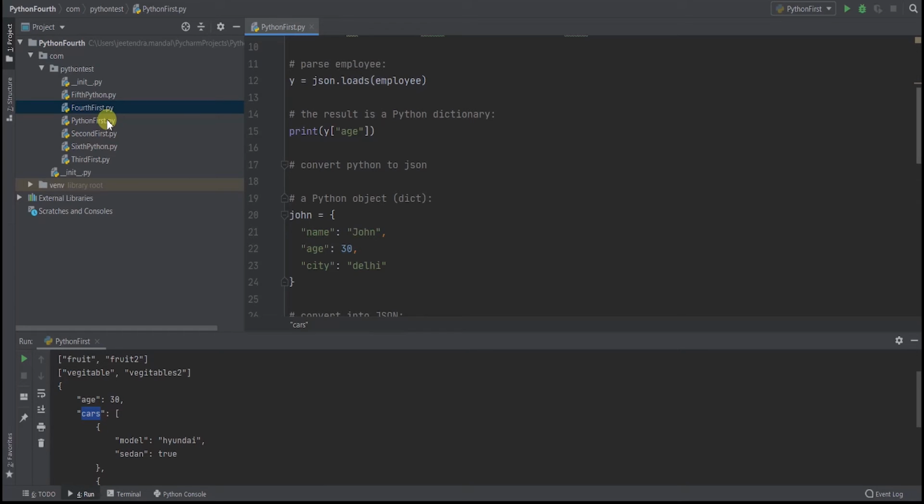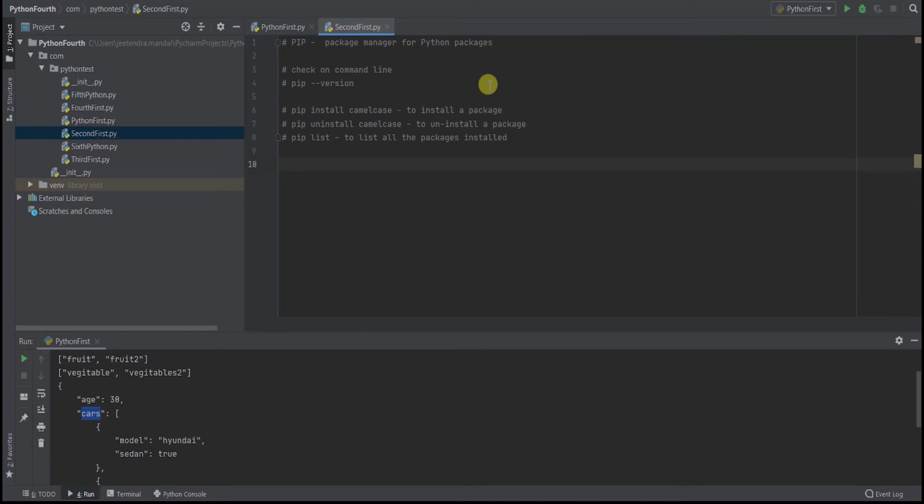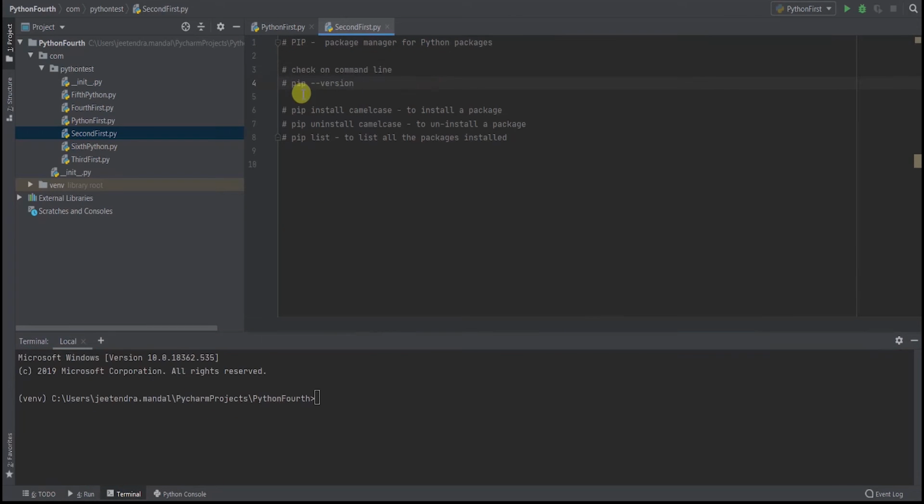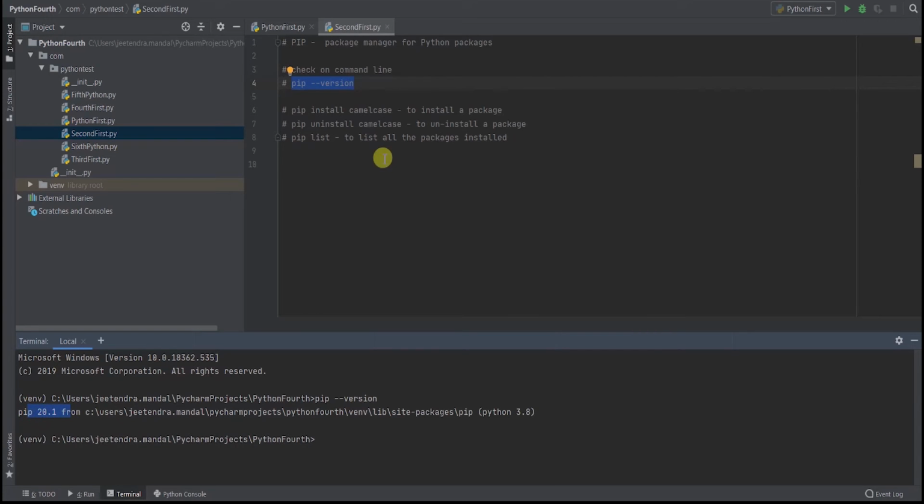Now we'll go to the next thing to learn, that is pip. Pip is a very important package manager. Like in Java we have Maven, in Node it is npm. Similarly we have pip. Pip runs on the terminal that you have. If you install Python version 3.7 and above, pip comes inbuilt. If I do pip version, it will print the current pip version. If you want to install any package, or uninstall any package, this is how you can do it.